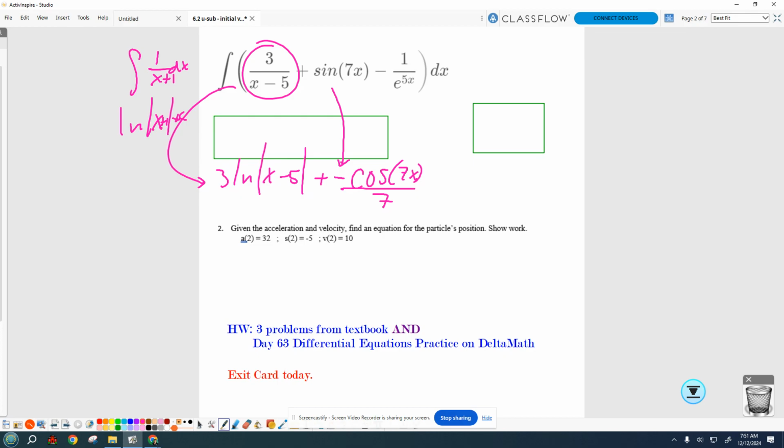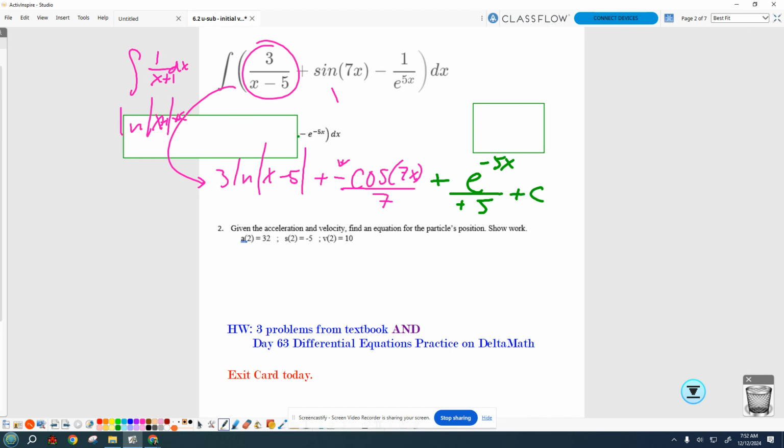Evan? Well, I made 1 over e to the 5x into e to the negative 5x. And I got 1/5 e to the negative 5x. Positive. So what he just said was, he rewrote it like that. Yes, totally. And said, well, the integral of e to the negative 5x is e to the negative 5x divided by the derivative of the stuff. So divided by negative 5, so that subtraction that was there